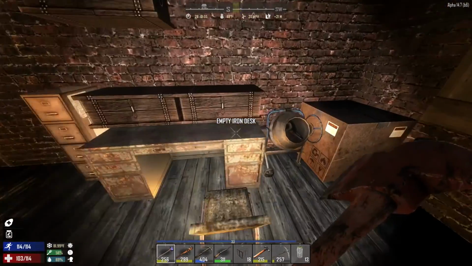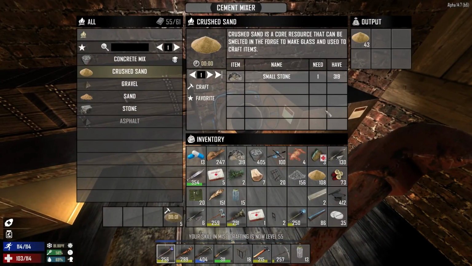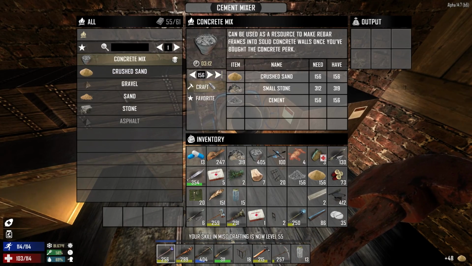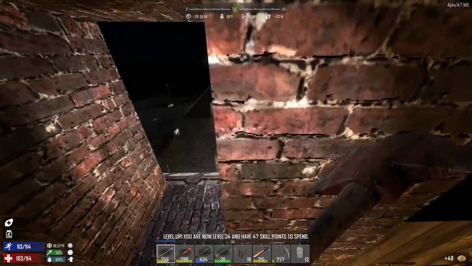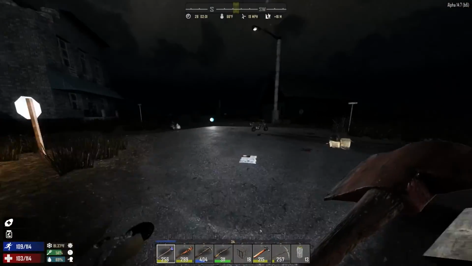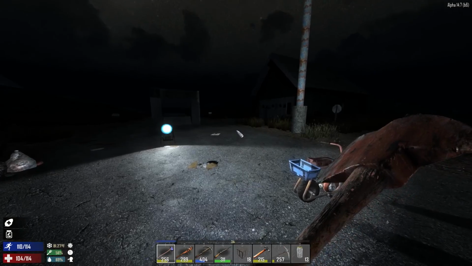All right, well, here, let me just do this. It's almost done. Take all of this, and then we can go and do concrete mix, and we'll do maximum concrete mix, and we'll get a level out of it. That's kind of nice. We're going to need to go grab some stuff, so...